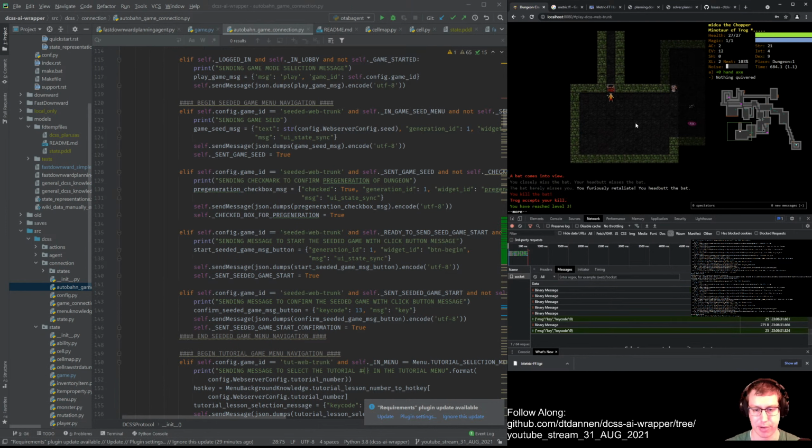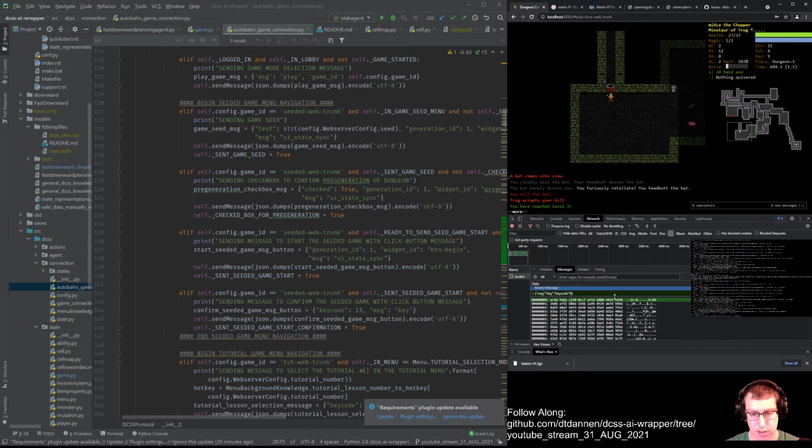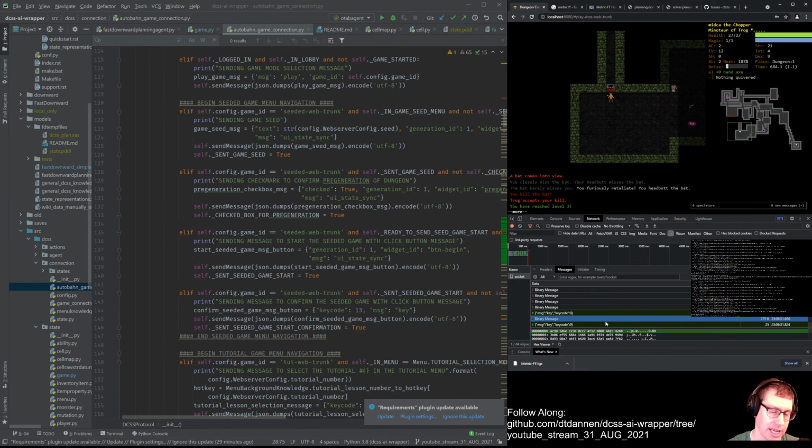Yes, so now I'm level 3. Okay. I made a mistake. We can't actually see the binary messages in the browser. So what we're gonna have to do is a similar thing